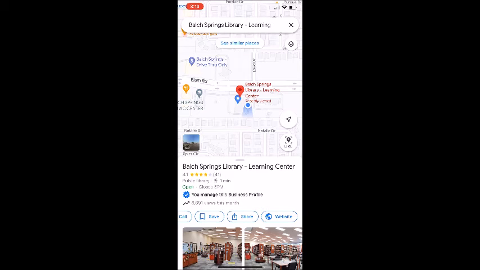This is really helpful, especially if you're trying to meet up with friends to go to a concert or anything like that. If you're ever in a place where there's not necessarily a landmark that you want to share